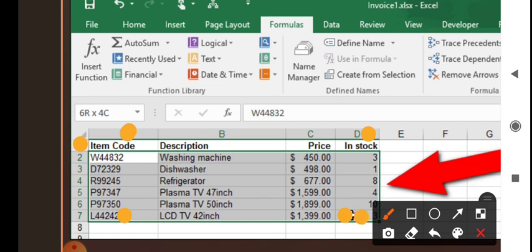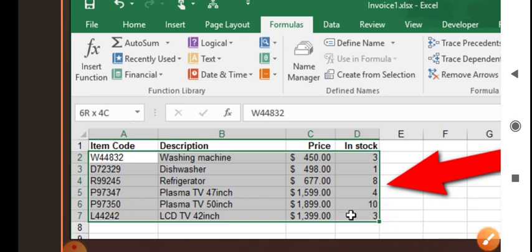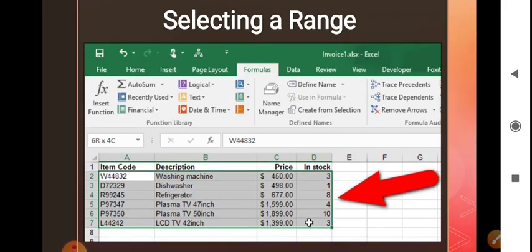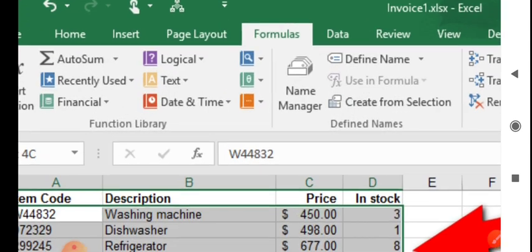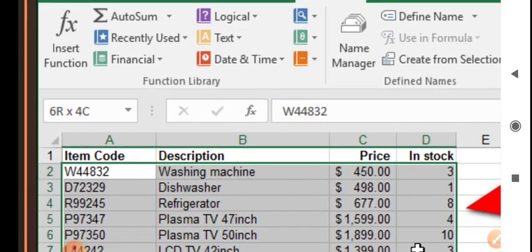So click on the first cell you will be working on. Suppose I have to select from A1, so I will click on A1.